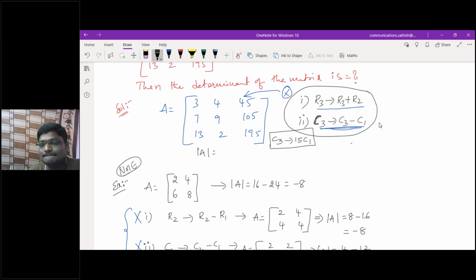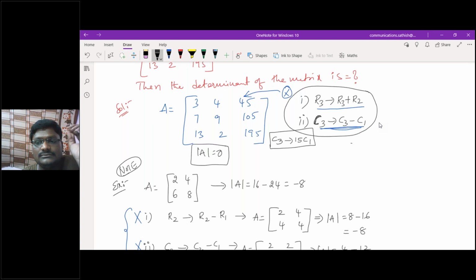Then what is the answer directly? 0, sir. Yeah, if any one column or one row is proportional to another, then what will be the answer? Is it 0 or not? Yes, sir. If you understand the concept properly, is it required to put pen on paper for this problem? The question seems big, but if you understand the concept properly, you can tell the answer directly. That's all. Simple. Clear?